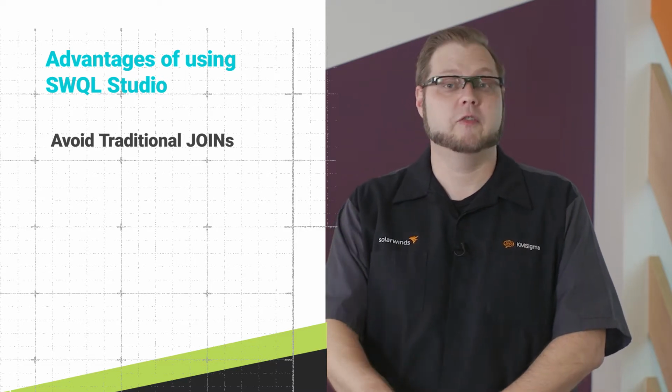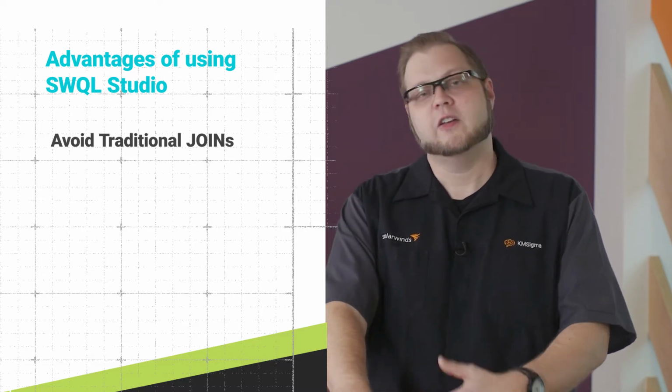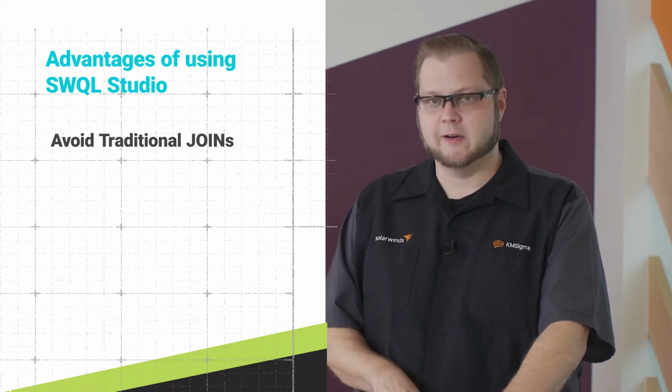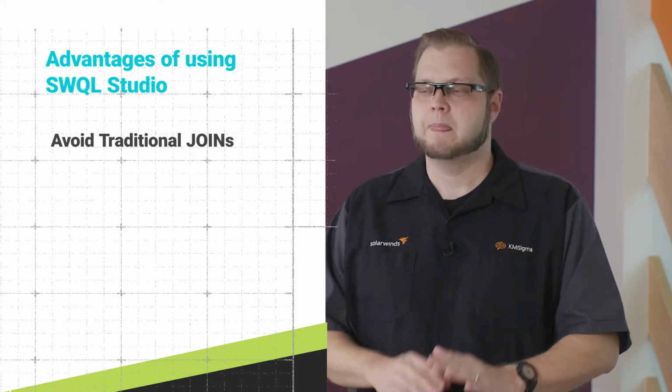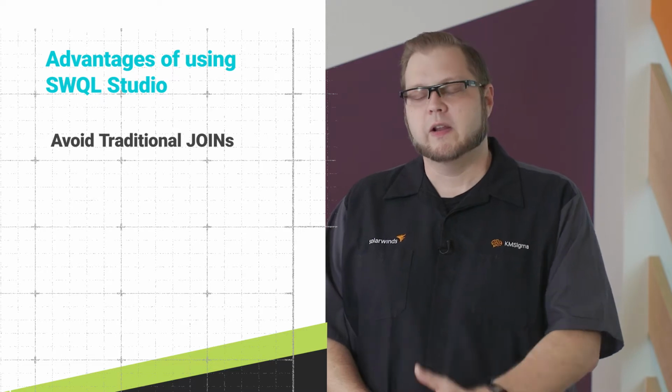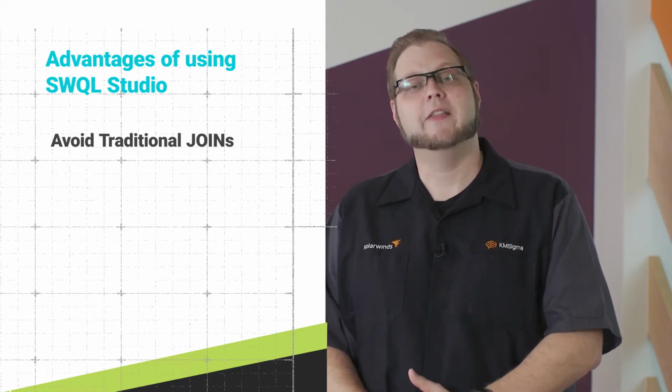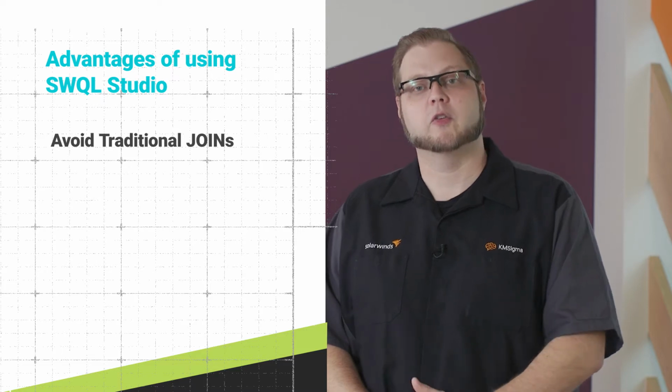If you're familiar with traditional SQL, then that's how you connect 2 different entity types. You connect one table to another one through an inner, an outer, a left, or a right join. And it's fairly standard. We realize that not everyone's going to be a programmer, and that's one of the things we built into SWQL Studio and the Orion API, to be able to browse across these.